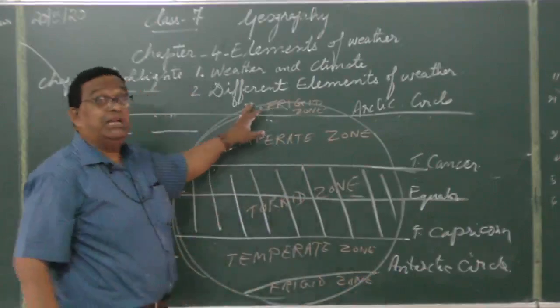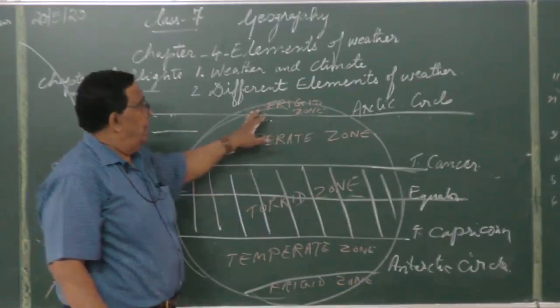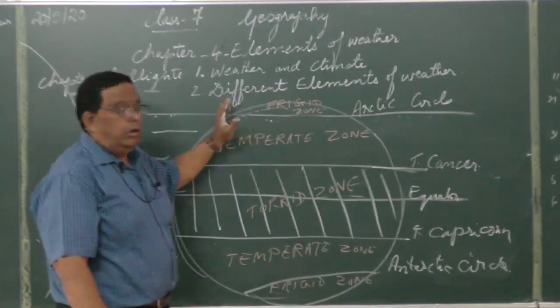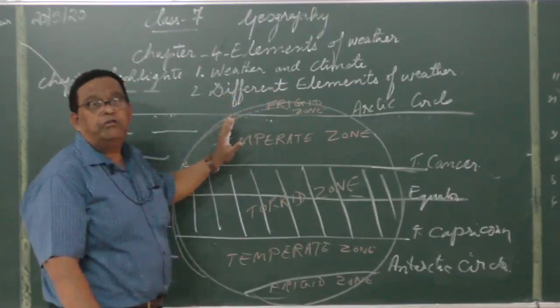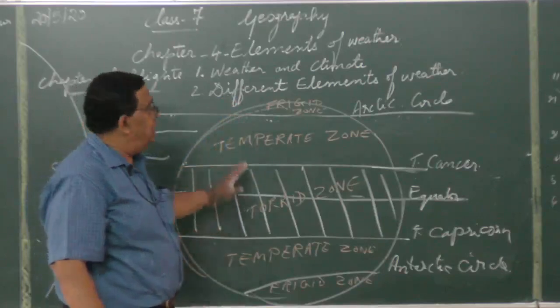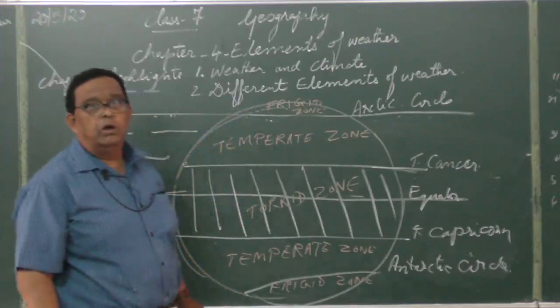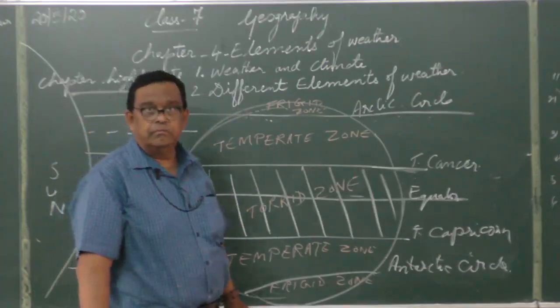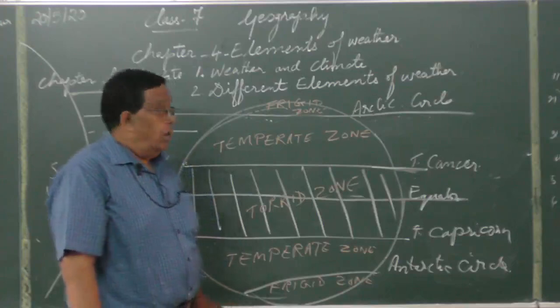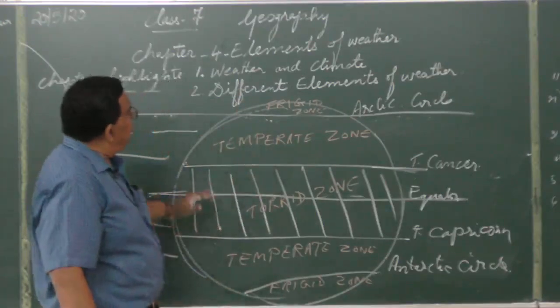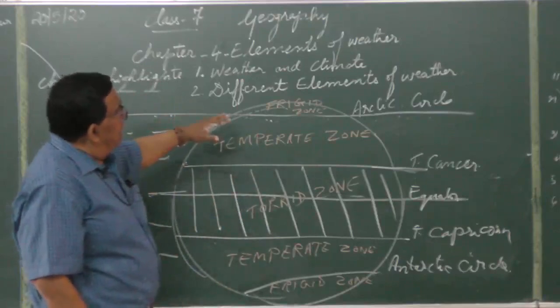Here it is extremely cold, very less of the sun rays reach these places. As a result, this is a zone which has a lot of ice, so very, very cold. So this is explaining to you again the difference between